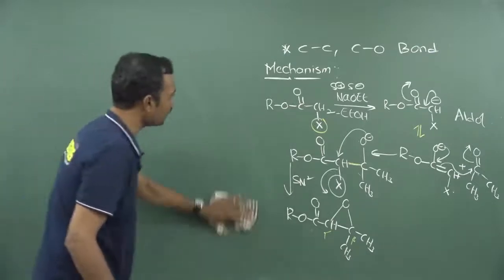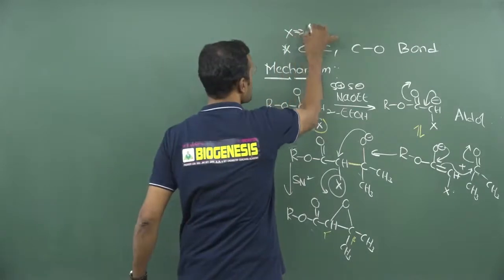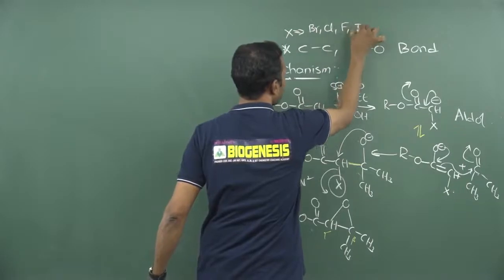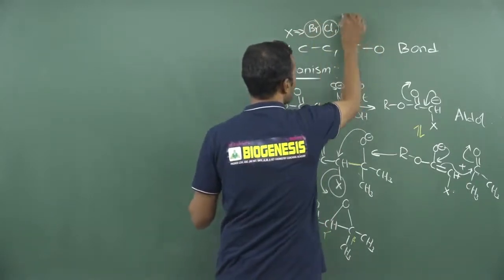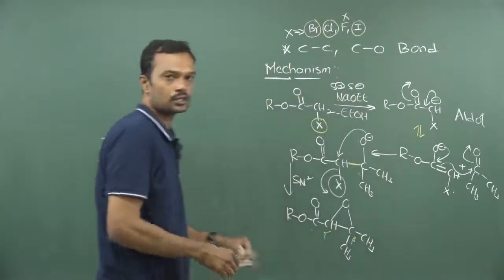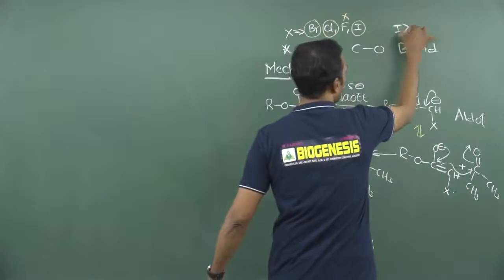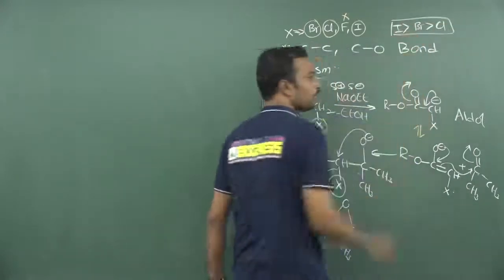Every time wherever halogen is present, you can take any kind of halogens in this reaction. You may take halogens such as bromine, chlorine, fluorine as well as iodine. Excellent leaving groups are bromine, chlorine as well as iodine. Don't select fluorine in glycidic ester condensation. Okay, priority order is we can take iodine, then followed by bromine, then followed by chlorine. This is the priority order of leaving character.